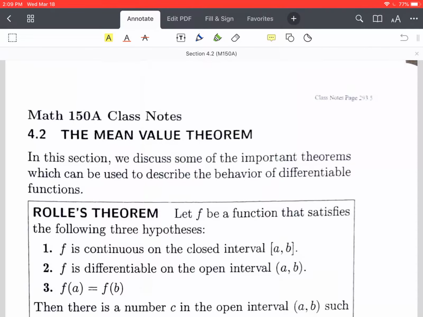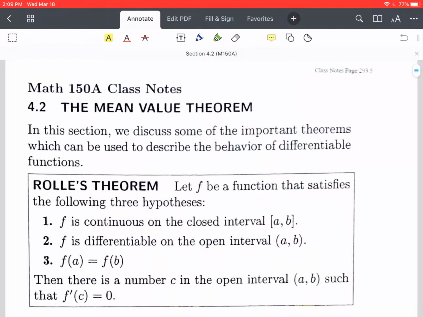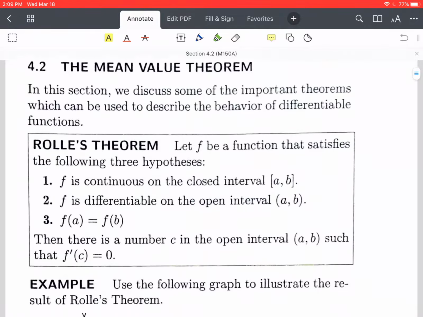Hi everybody, so we're in section 4.2. We're going to be looking here at the mean value theorem. So one of the big theorems in calculus. In order to understand the mean value theorem, first we need to look at a special case, and this is